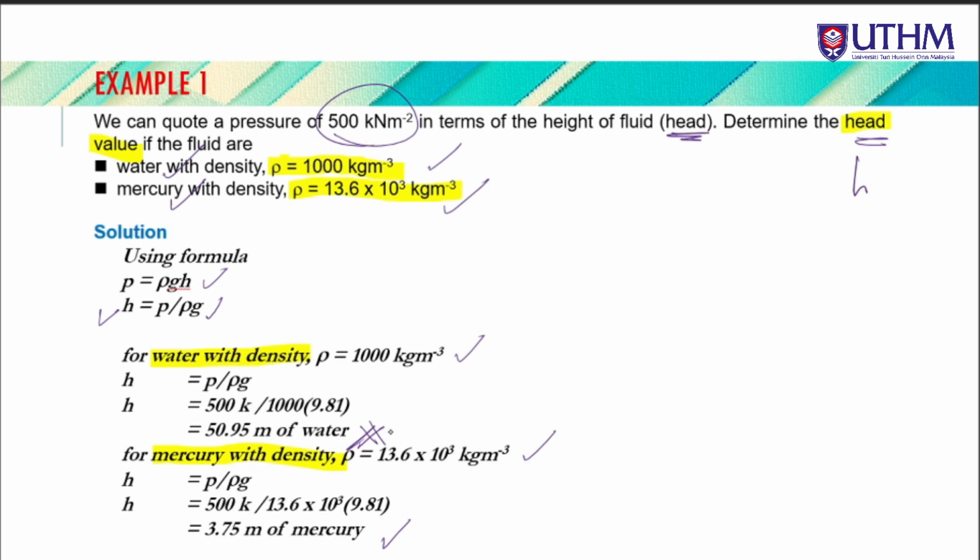So logic lah kan, for a given pressure, the head for water is larger as compared to mercury due to the effects of fluid density kan. Density of water lagi rendah as compared to the density of the mercury, and thus the head for water is larger as compared to the head of mercury. Okay,